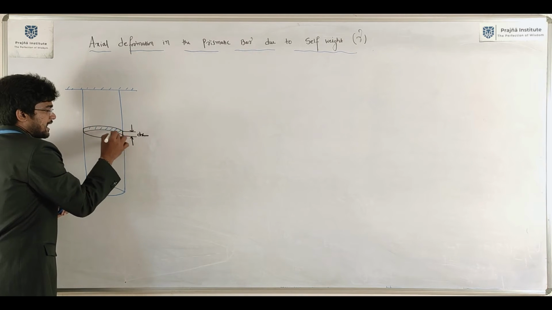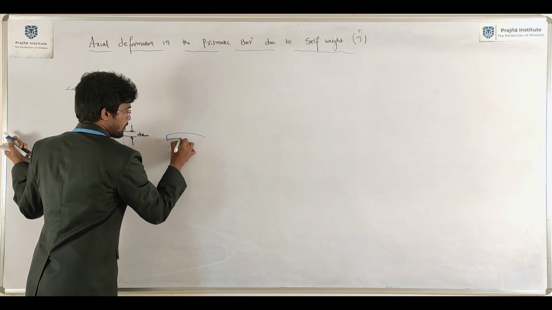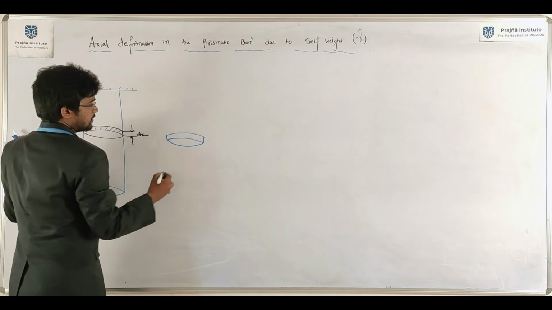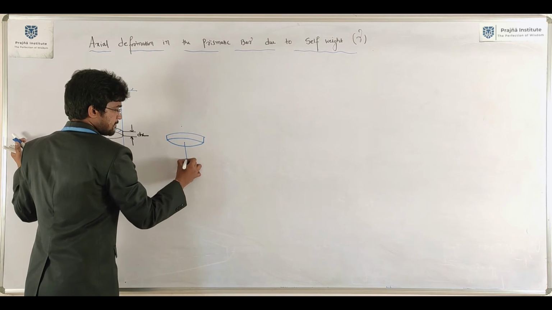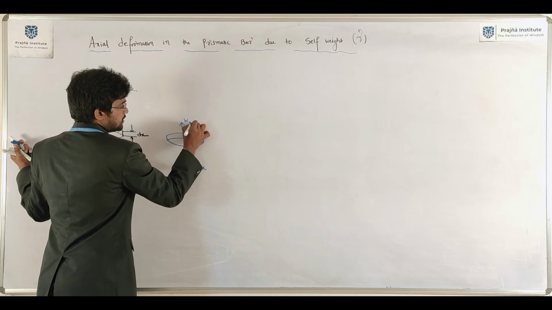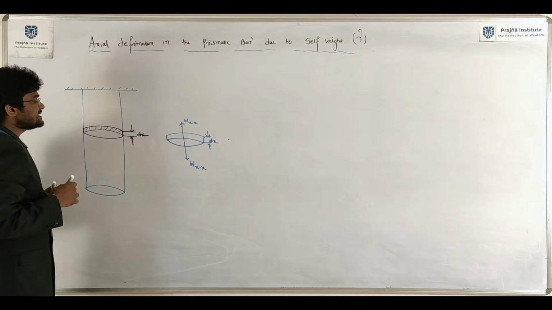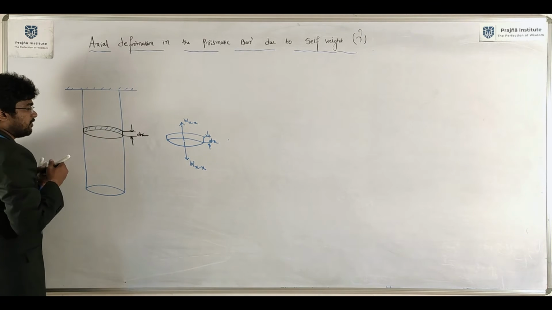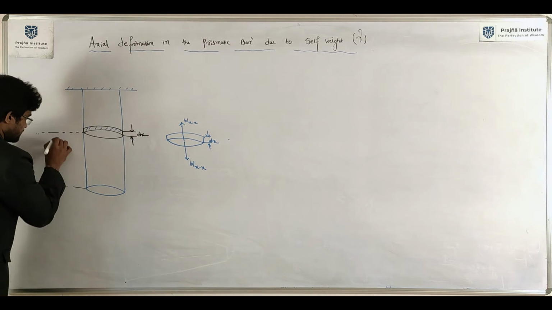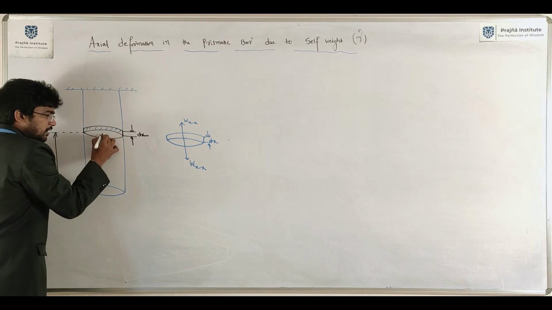Here is the weight of the element, and here it will be the reaction. What is the weight of the element? From here to here it will be x, of course. Total weight up to here